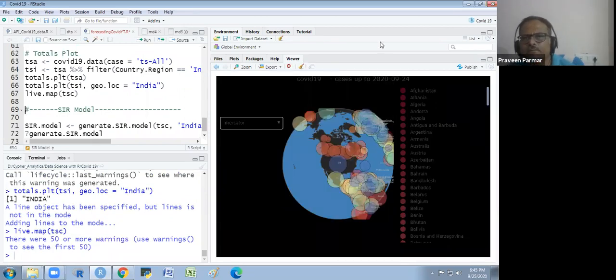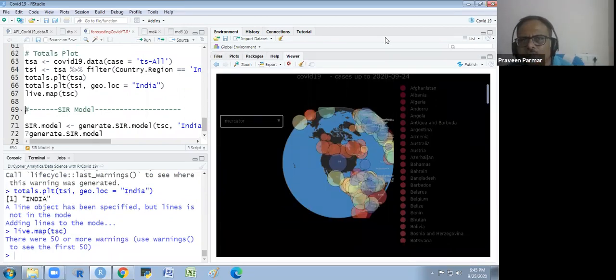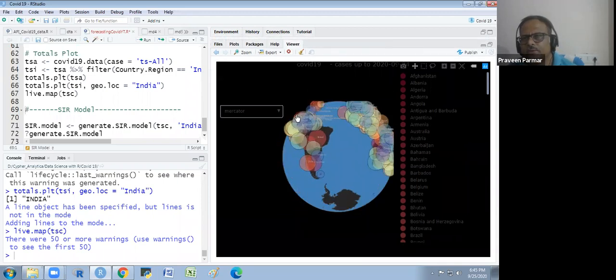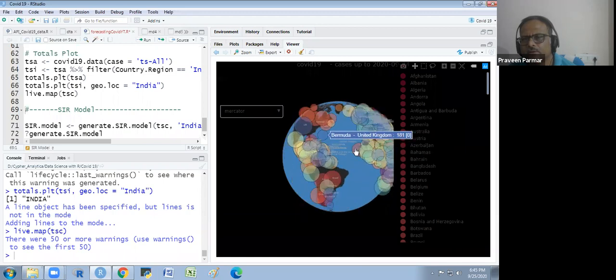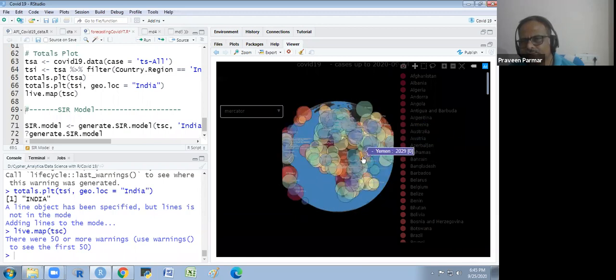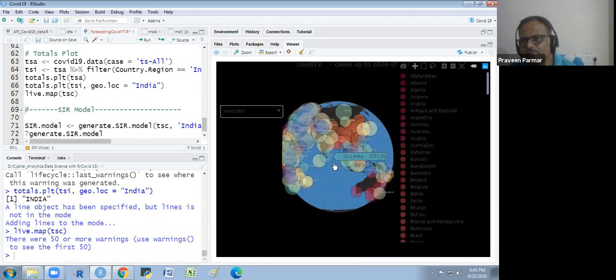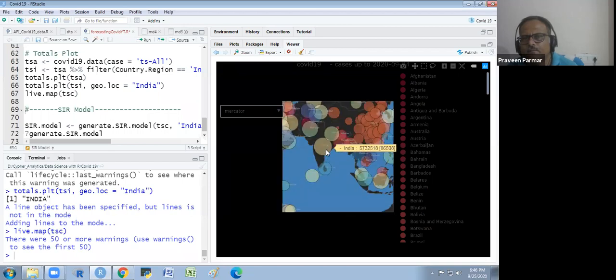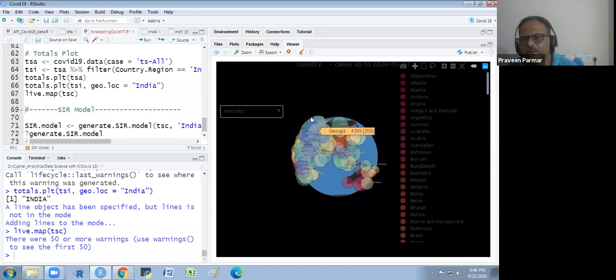This I want to show you. You see this one, you could create this in R. My monitor is small, not a big monitor. If someone has a very big monitor, you could see it. We could change this dimension also.